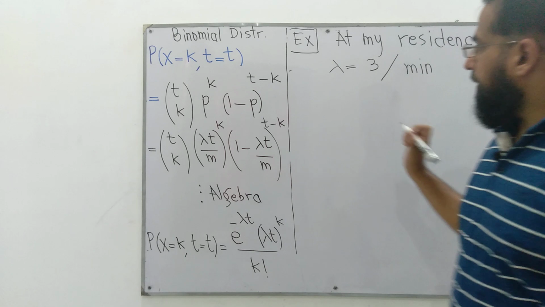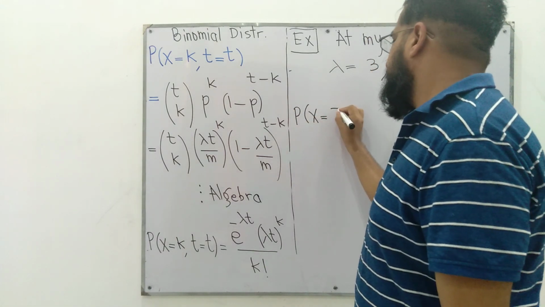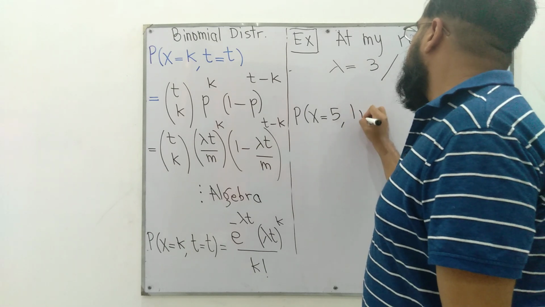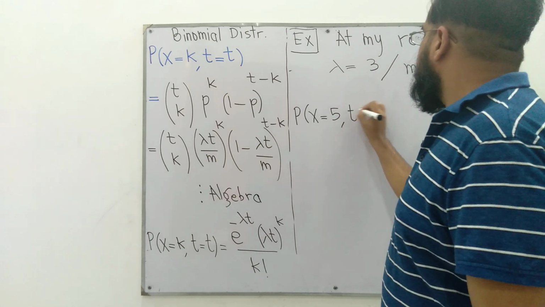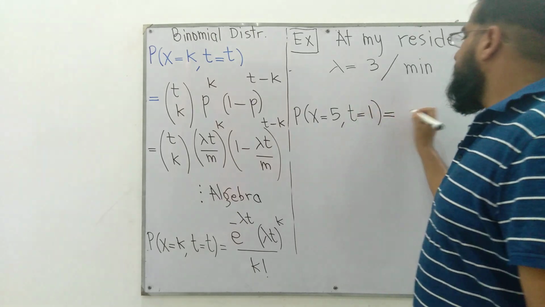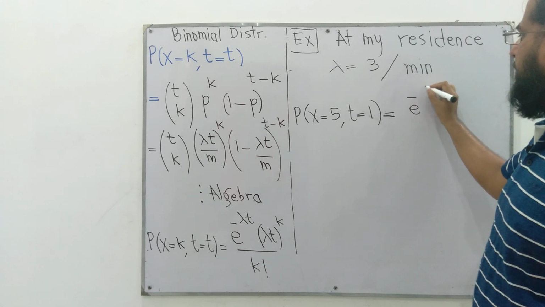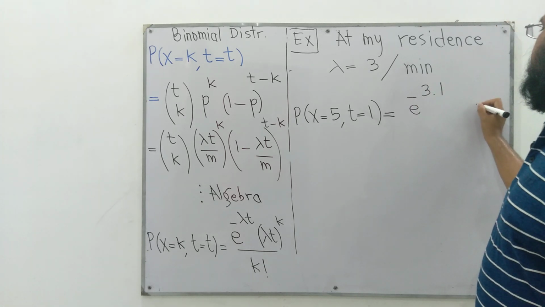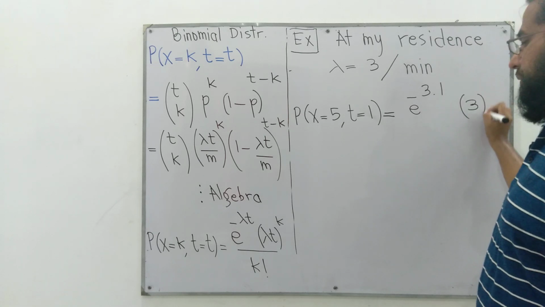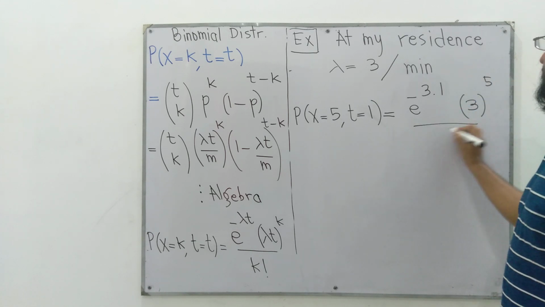We want to find out the probability of maybe 5 fluctuations in 1 minute. Time t is equal to 1. So that would be simple, e to the minus lambda t, 3 times 1 is 3, 3 to the k, you want to find out 5 fluctuations, over